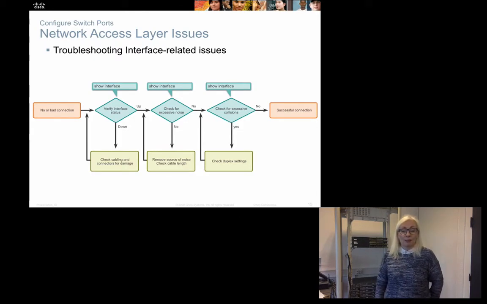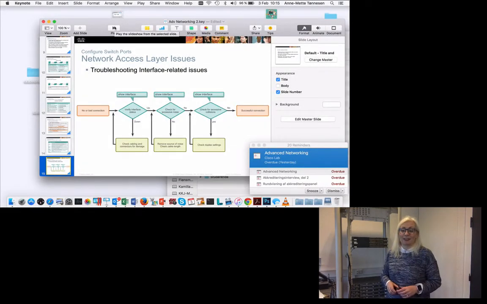There could also be a mismatch, for instance, if you have incidentally set it to half duplex. You can have set the speed incorrectly, so that it will not correspond to what you attach in the other end. And of course you can have a faulty cable that will just send out a lot of noise. So you can use show interfaces to see whether we have problems on our port. Yeah, and that was the basic switch